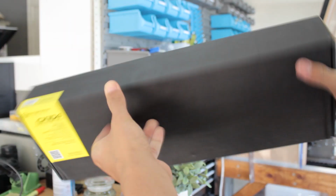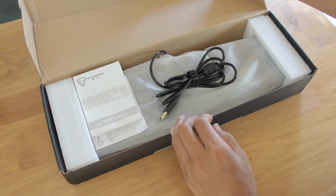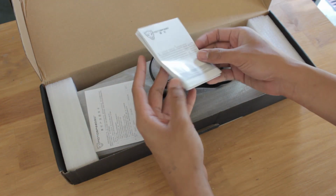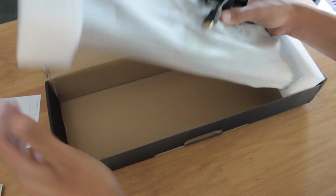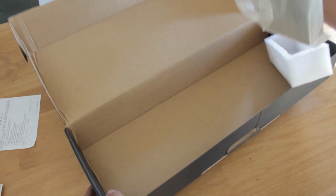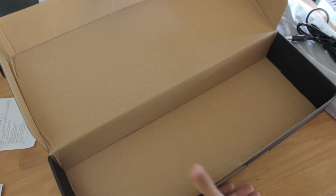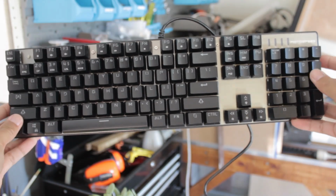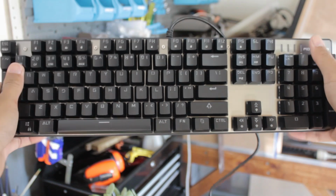There's pretty much nothing on the box, so we can open it, and again hardly anything in here. We have the manual and a warranty card, and then the keyboard itself in a foam sleeve, also protected by some soft cell foam. Alright, so here's the keyboard itself, and first impressions is that it's quite light, narrow and slim for a mechanical